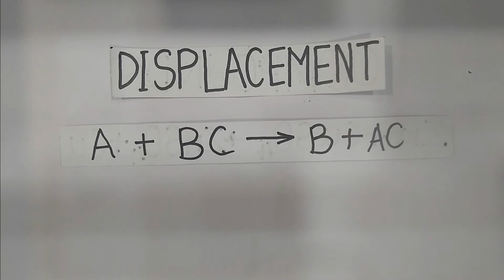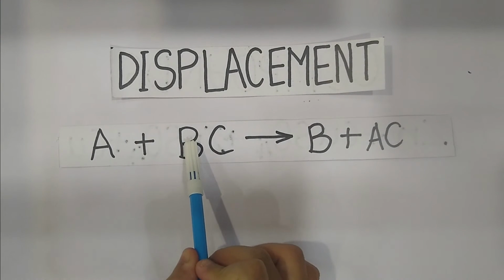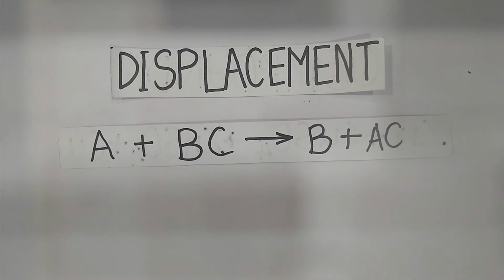So you might also ask me why A is not combining with B instead. Why is A not getting attracted to B? Now that is because the compound BC was formed only because B was a positive and C was a negative. So this is going to happen to most of your compounds here. Whenever they are formed, one of the elements of those compounds was a positive and the other was negative. And you surely know that opposites attract. The opposite charges, plus and minus, attract each other, and the same type of charges repel each other, which means they get away from each other.